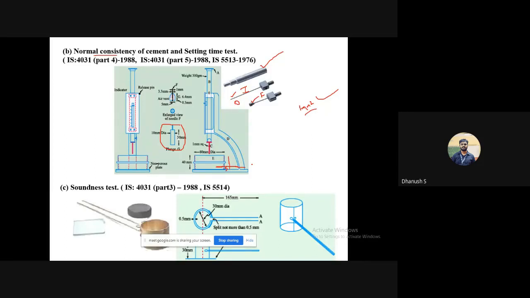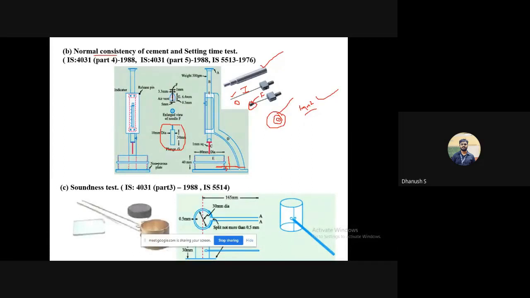Now you ask me what is final setting time. For final setting time, you don't need to mix another sample. Replace the initial setting time needle with the final setting time needle. This has an annular ring arrangement. Annular ring means there are concentric circles like this: one dot in the middle, a circle around it, and a bigger circle around it, at the head of this needle that you see. If you use this needle and drop it on the cement paste, you can see that this mark is imprinted on the cement paste. Meaning it's still in the plastic state. It is capable of deforming, and since it is deforming, this shape is imprinted on the top surface of the cement paste.